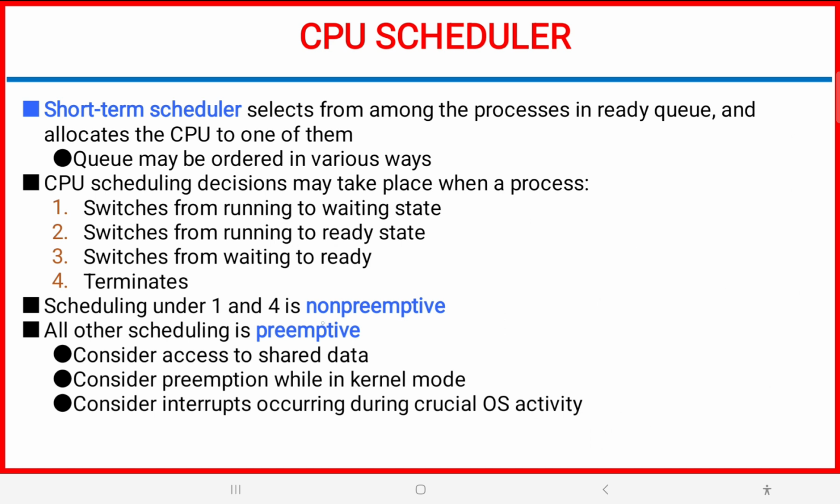Now if you see over here, we have discussed the four stages, that is these four stages right now, and out of these, scheduling under stage number 1 as well as stage number 4, the last one, is non-preemptive. Why is it non-preemptive? Because in these two stages, it is not because of somebody that the process is leaving the control of the CPU. If you see over here, the process which was executing,